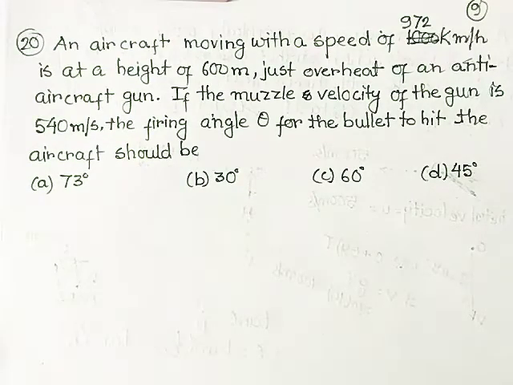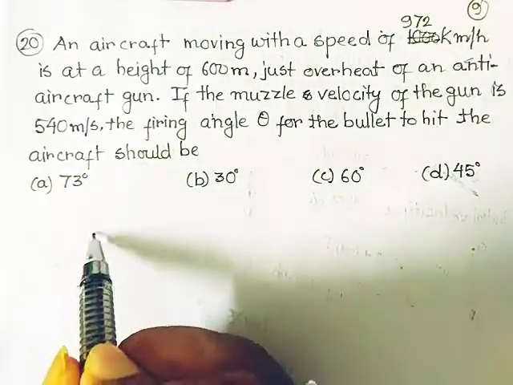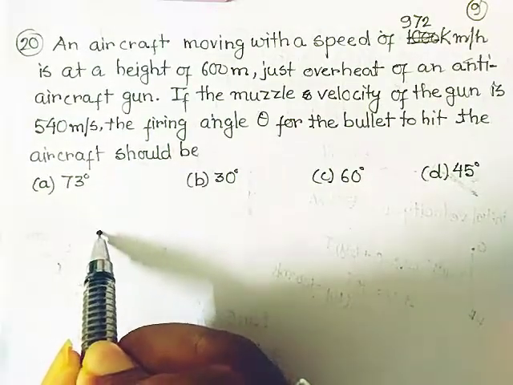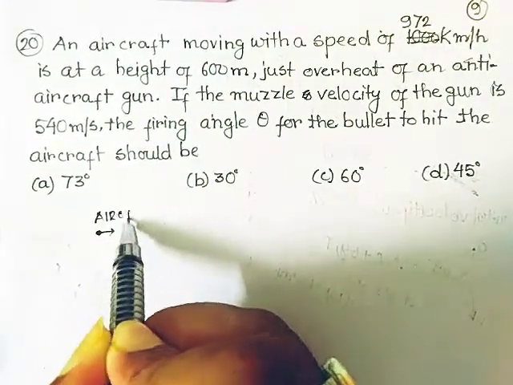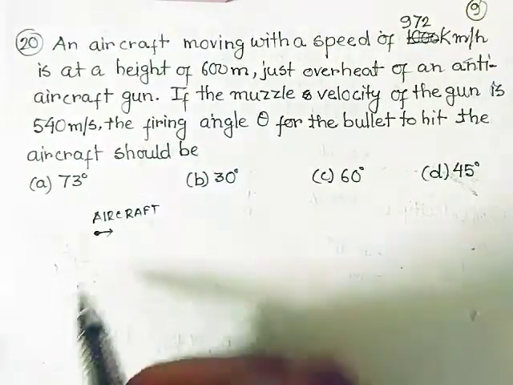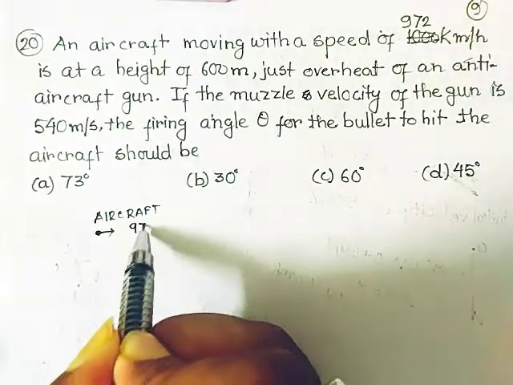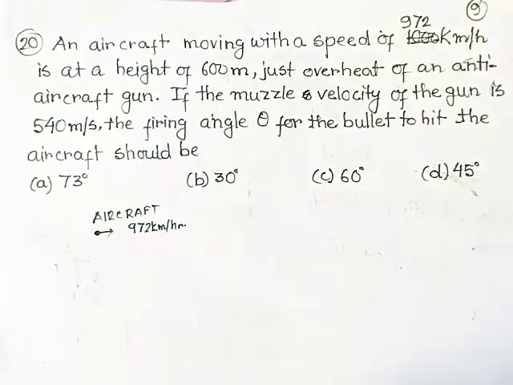So how can we understand this? Just think, it is the aircraft, and this aircraft speed is 972 km per hour. Okay,